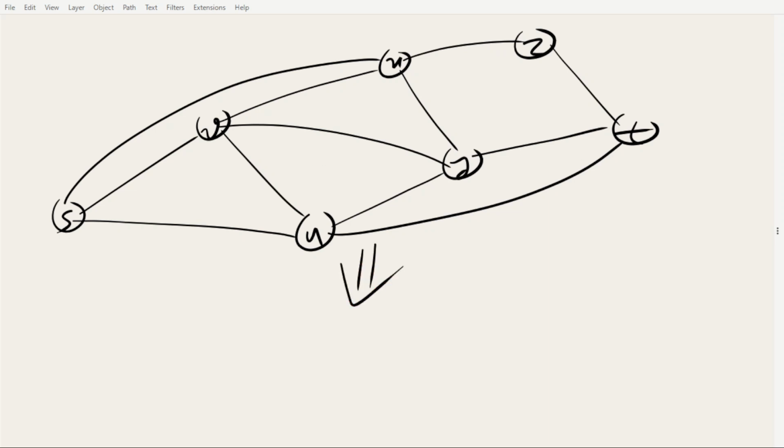Now a very simple transformation we have to do. Just simply replace each undirected edge with a pair of directed edges in opposite directions and solve the same problem. So now again we redraw this, create a directed version. Once again, S, V, U, X, Y, Z, and T. Now we have a pair like this,